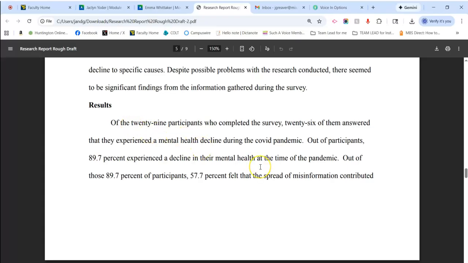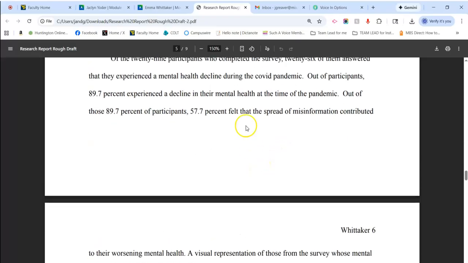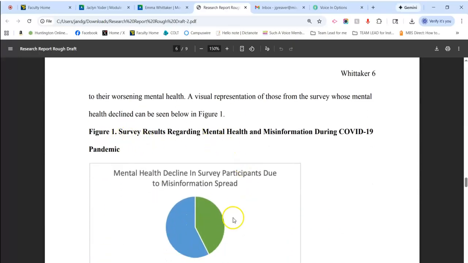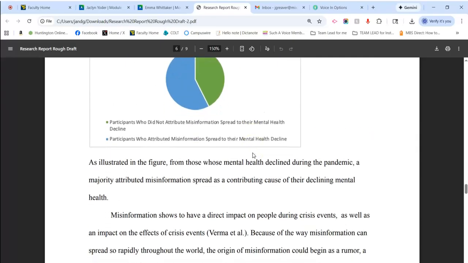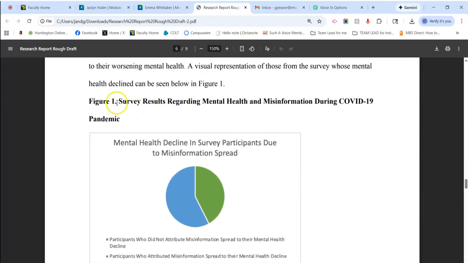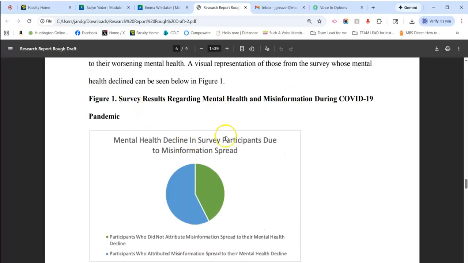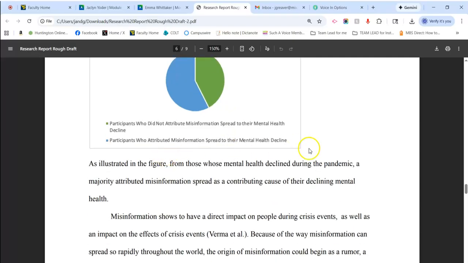Results. So you outline kind of what you got from the survey. You visually represent it with your figure here, so that's good. What you really should do with the figure is, the title here is good enough. So you could just copy and paste it, maybe put it in smaller print, unbold it, and put it underneath as your citation for the graphic. Because under the graphic is where I would expect to see the figure number, then a description of what the survey is and what it's about, and then the full citation.